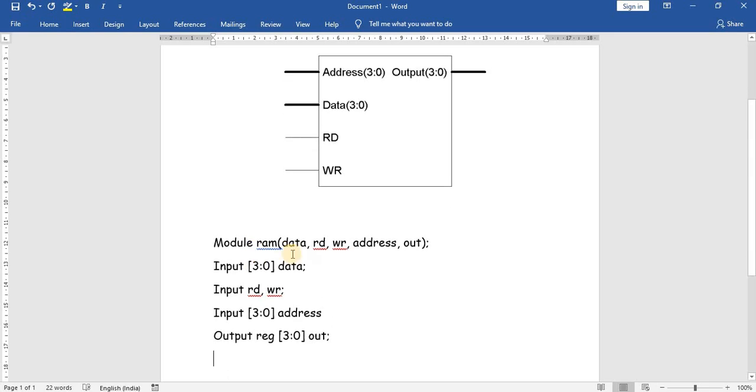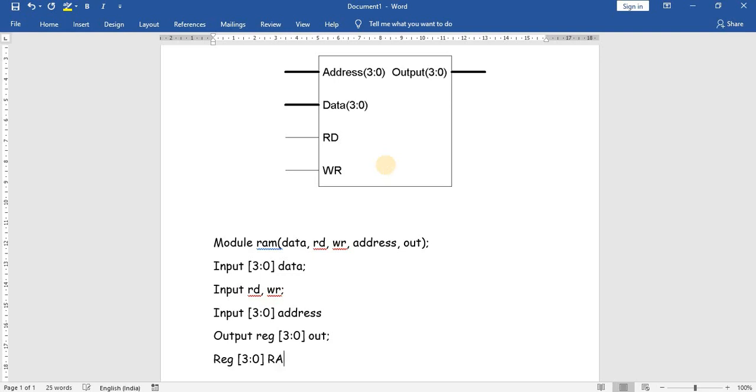And then here for RAM, so here we are performing for 16x4. That means that we have 16 addresses. Each address can store 4-bit data, so we should declare this corresponding RAM as an array. So here we will declare the register 3 down to 0, RAM.